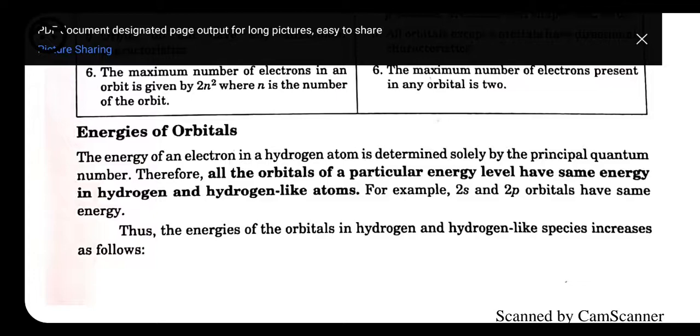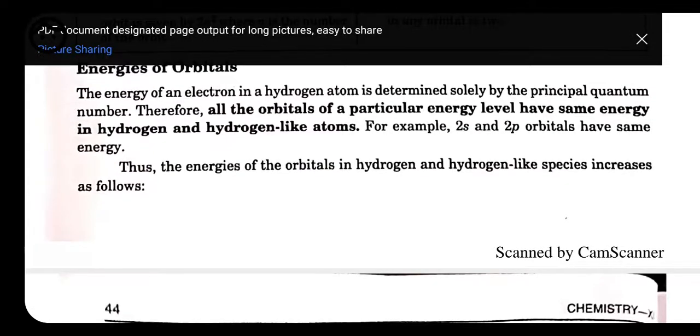Okay, in the first shell we have only 1s, in the second we have 2s and 2p, in the third we have 3s, 3p, 3d, and in the fourth we have 4s, 4p, 4d, 4f. Like that the number of orbitals increases. But whatever orbitals belong to the same shell, they have the same energy level, like 2s and 2p. So an electron can jump from its own orbital to another orbital very easily when the energy is the same. But for going to another shell which has more energy, it has to absorb some energy from outside.